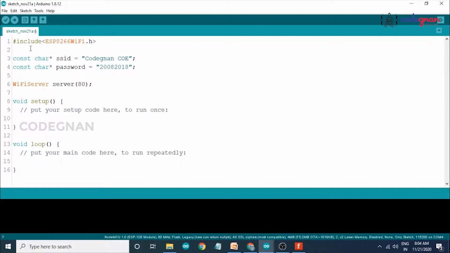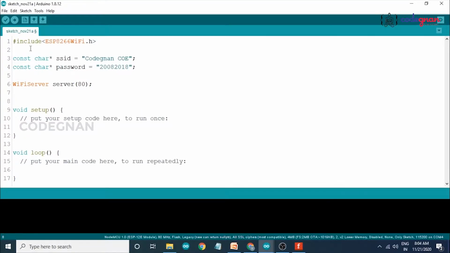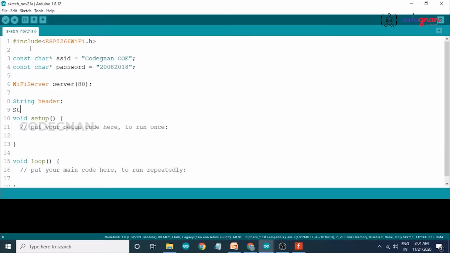Now declare some more variables. String header, string output state.